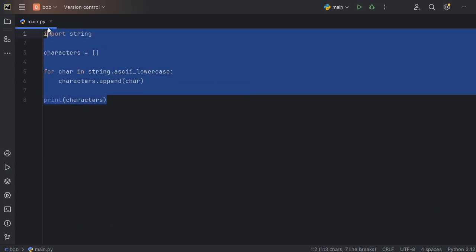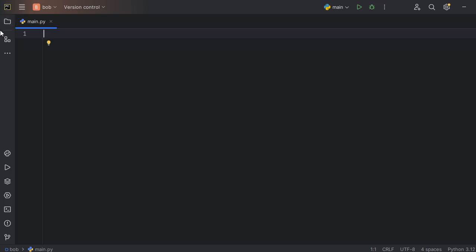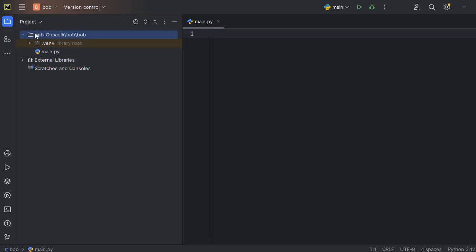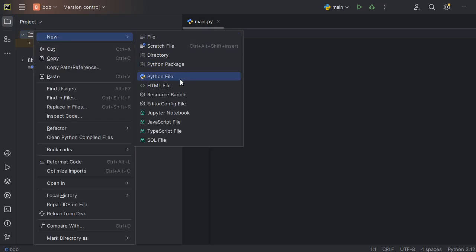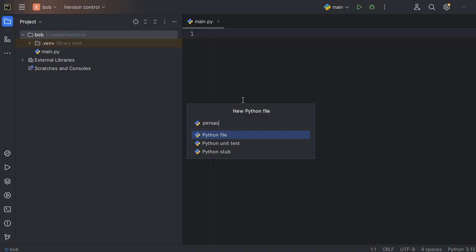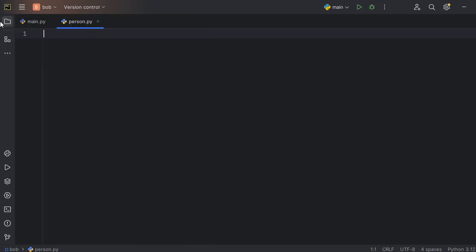So now let's actually get to making our own module, and we'll call the module person. We'll have a class in the person module which, guess what, is called person. A module is actually just a normal Python file, but it can be imported. So we're gonna make a class called person, and let's add an init method, and just so it's faster, I'm gonna take just the name,